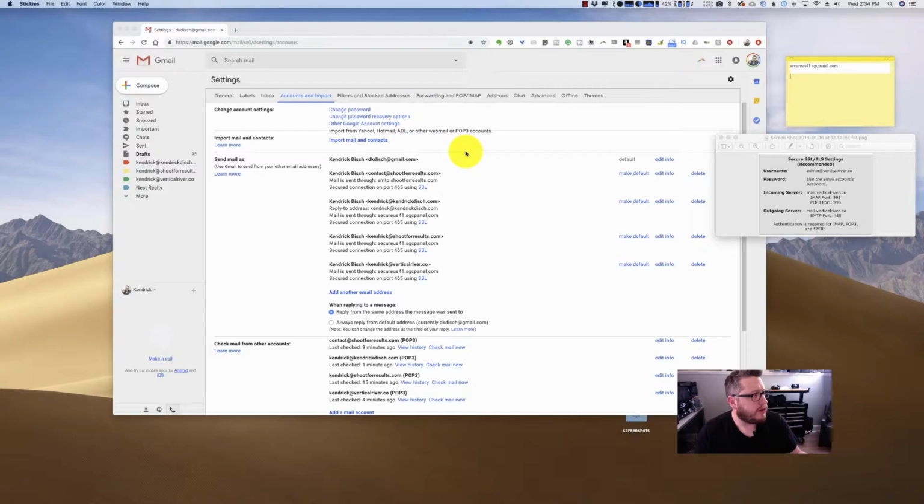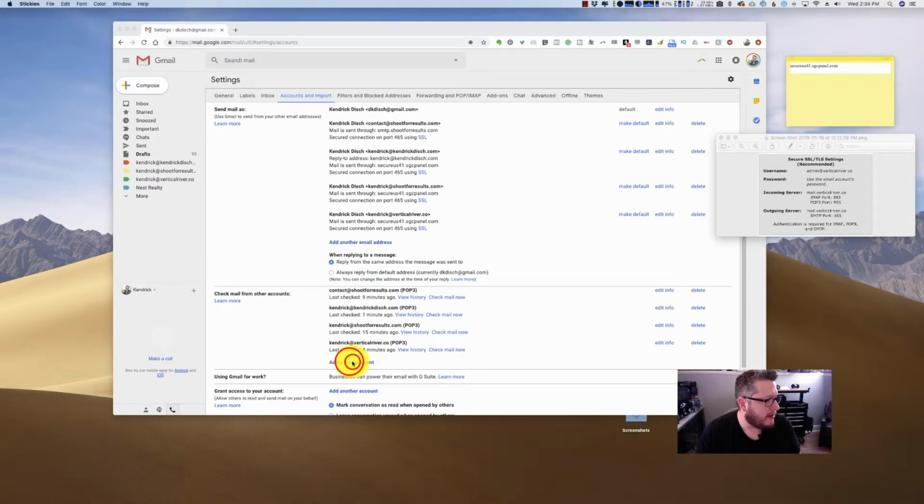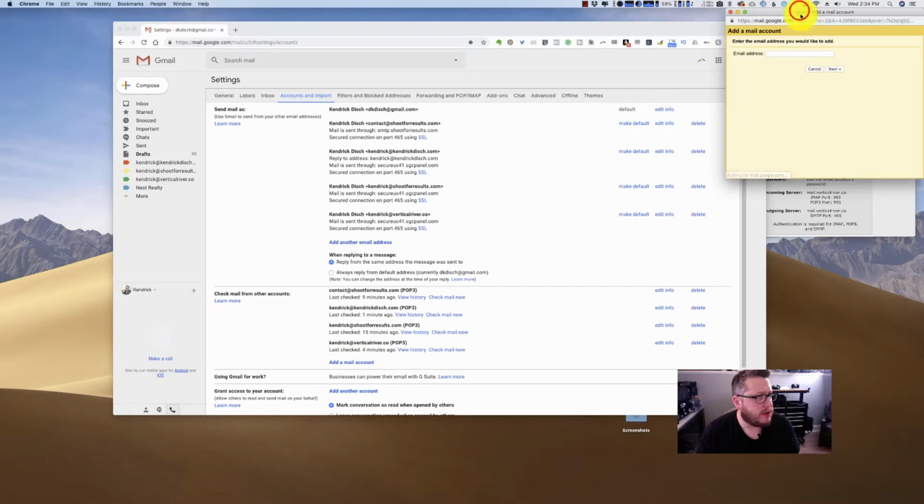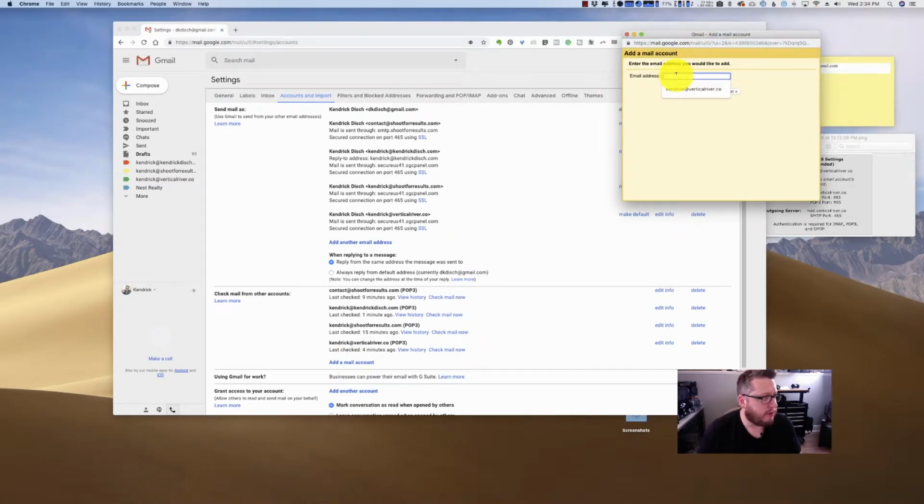Anyway, once you're in your settings, you come over here to add a mail account. You get this nice little pop-up here, and you tell it what email address you want to set up. And today I'm setting up the admin account for verticalriver.co. That's one of my new websites. So you put the email address that you want to check, you hit next, and